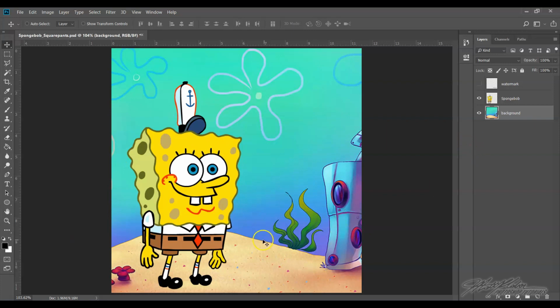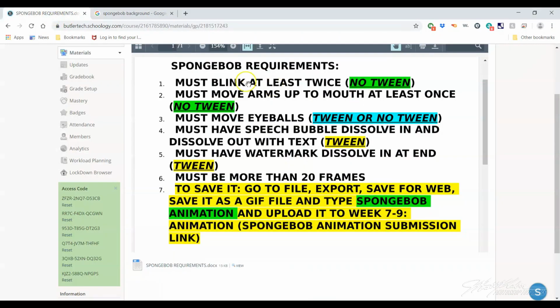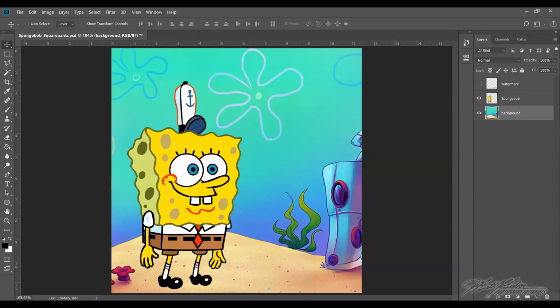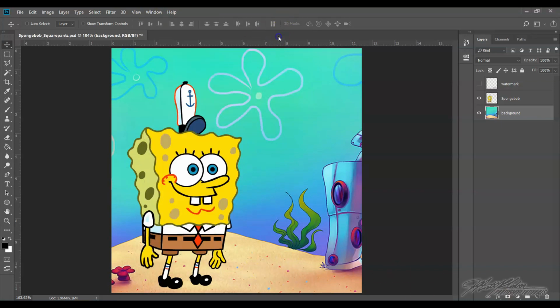We're going to go back to the requirements. Must blink at least twice. So before I even add the timeline, because you can see the timeline's not up yet, I'm not even worried about that. For some animation, you have to set it up first before you start the animation. So what I'm going to do is, and everybody needs to do this,